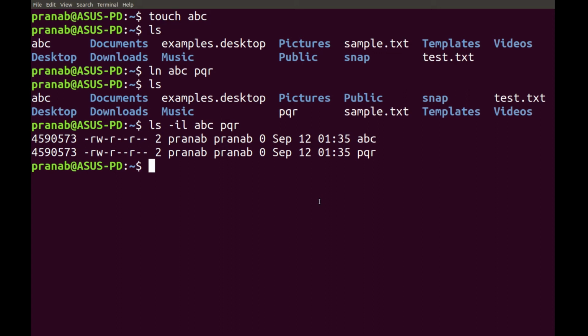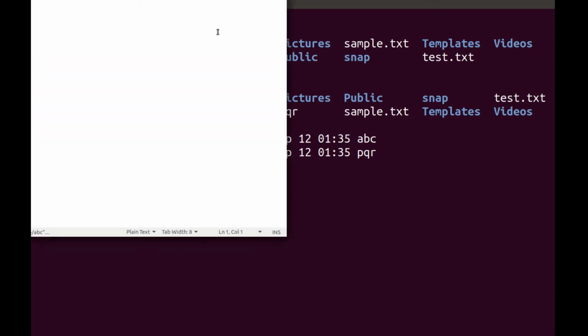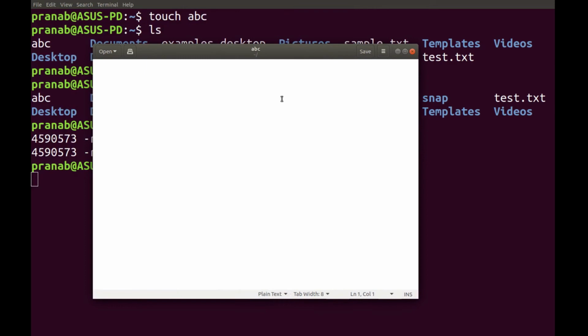Now let us write something in the file. Let us open gedit abc and write something to the file. I am writing hello world and I am saving it.